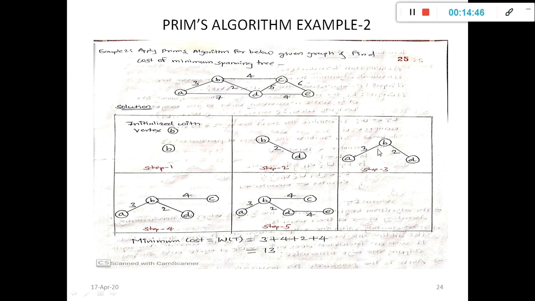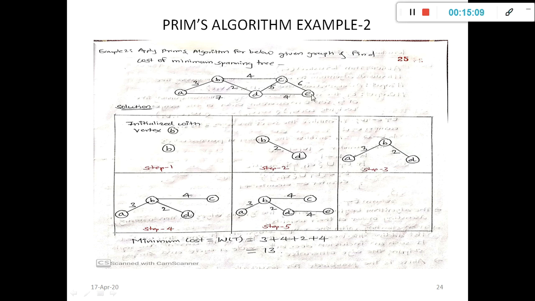Next check from the remaining vertices which vertex is directly connected to either B or D with minimum distance. In this example the vertex C is directly connected to B with distance 4. Also, the vertex C is directly connected to vertex D with distance 5.